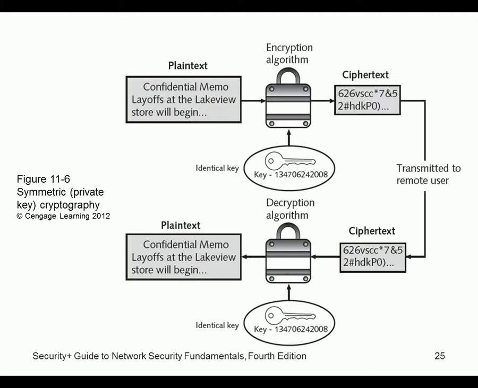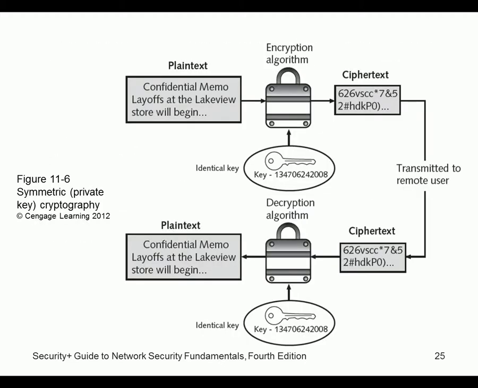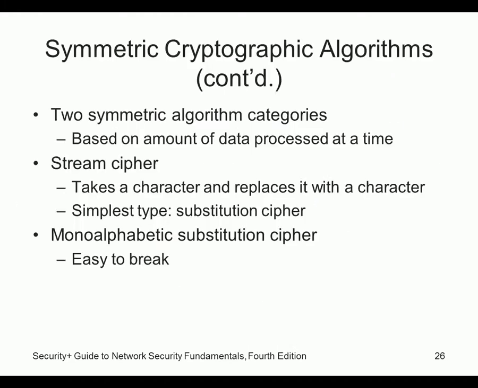So we have something, we encrypt it with a key, we get our ciphertext, then we decrypt with the same exact key. So it's very, very fast. Also called private or secret key cryptography. All right. It says two symmetric